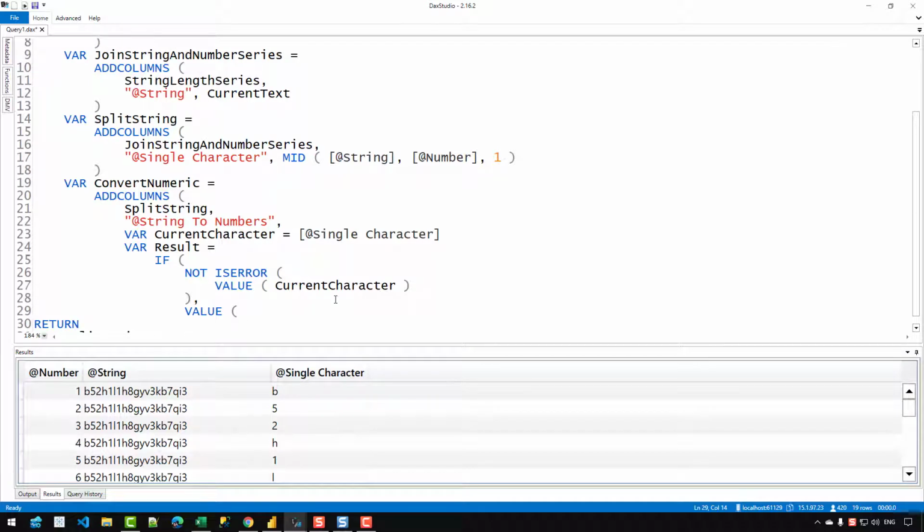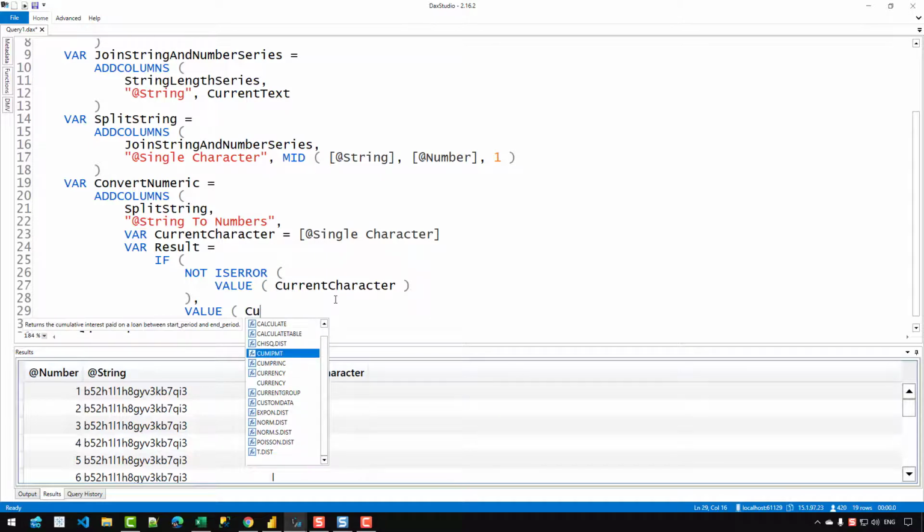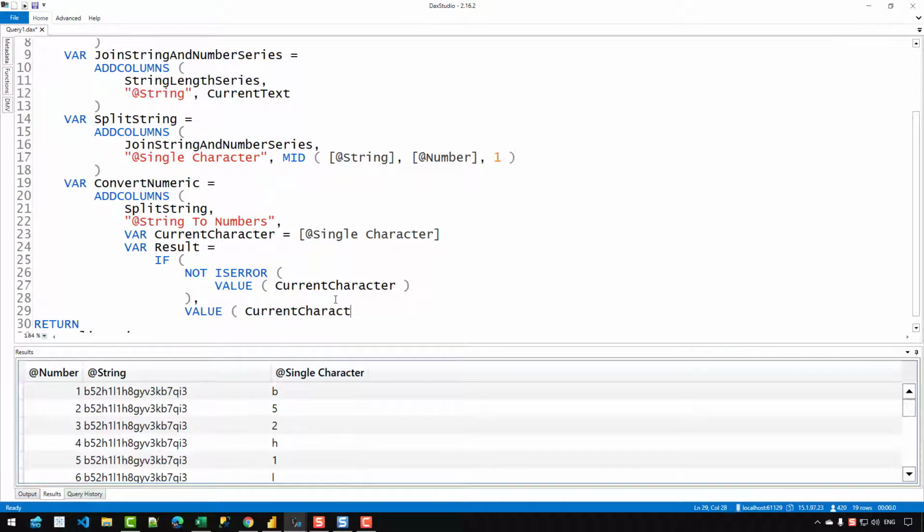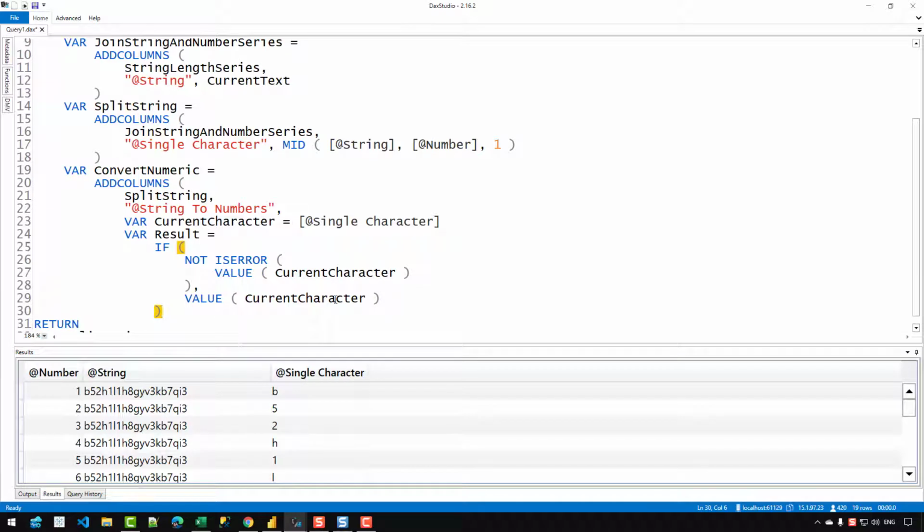So the value function actually converts the number stored in a string format into a numeric format or data type. So I can write current character. So let's close that and see what we are actually getting.